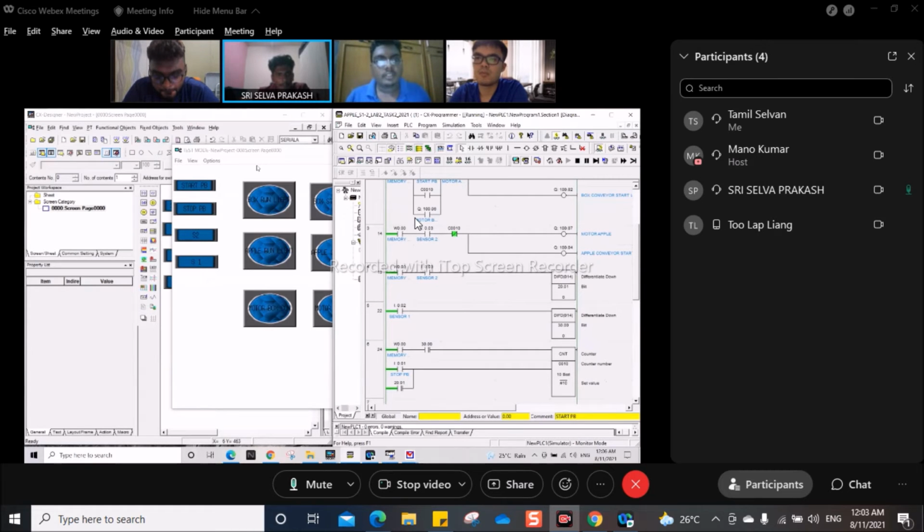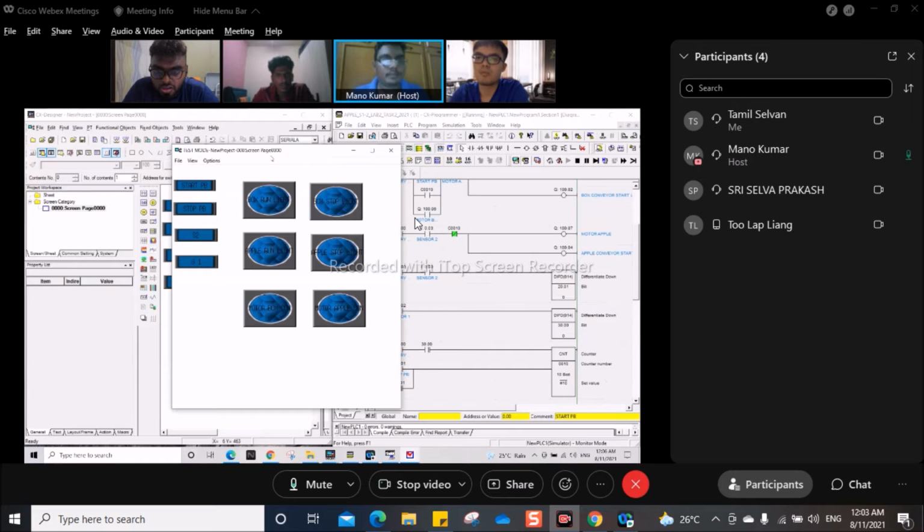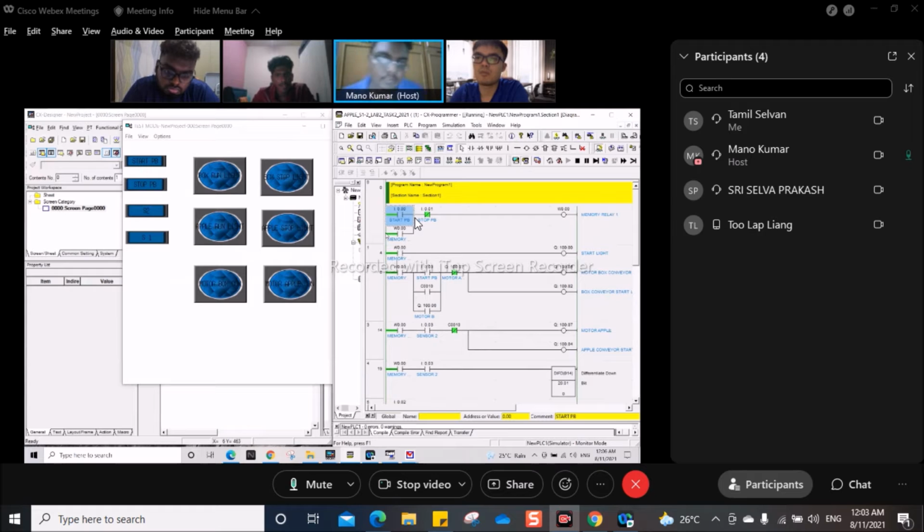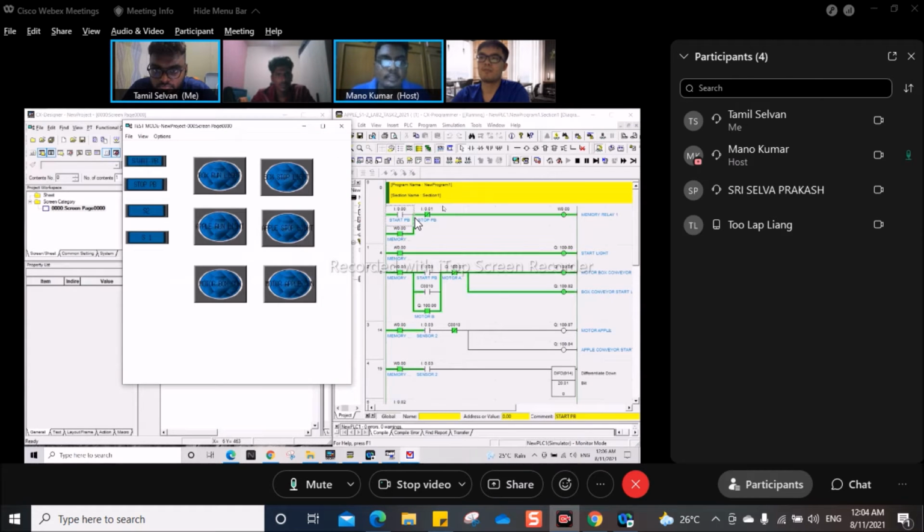Yeah, sure. First of all, you have to observe the test mode and the ladder diagram simultaneously. Once the start button is on, as we see, the box conveyor and the motor are turned on, and then once the conveyor starts to move,